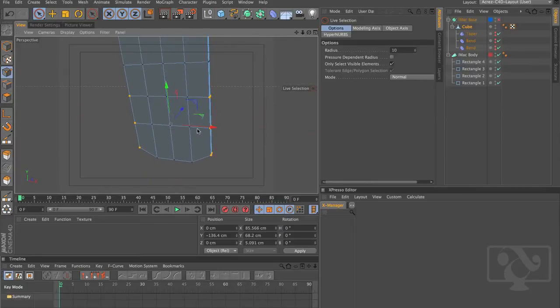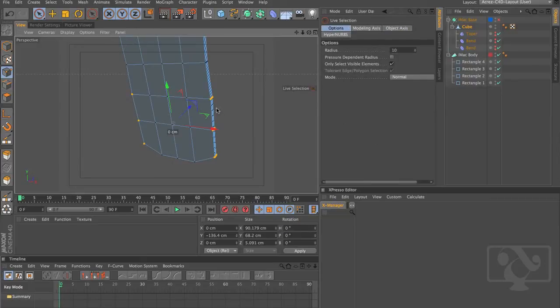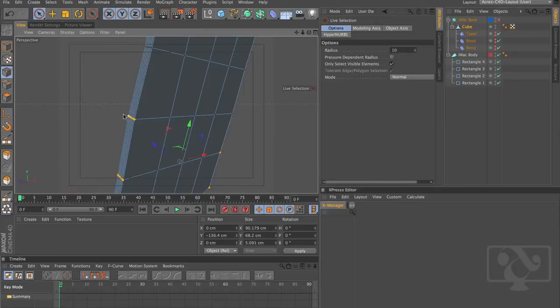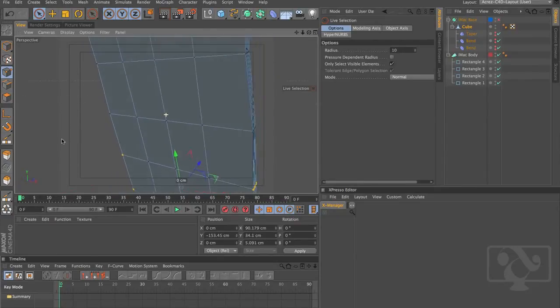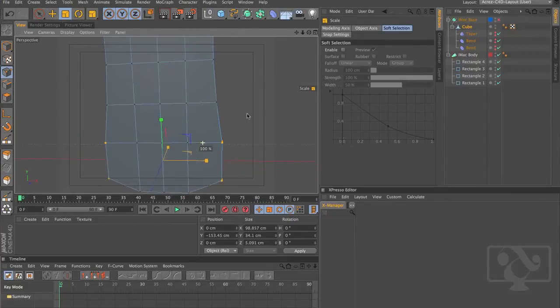And then what we're going to do is hit T on the keyboard, and we're going to scale these up just a tiny little bit, and then hit spacebar to get back to our live selection. And then while holding Control or Command down, we're just going to deselect these top points, and then hit T on the keyboard again, and we're just going to increase the size on the x-axis slightly,